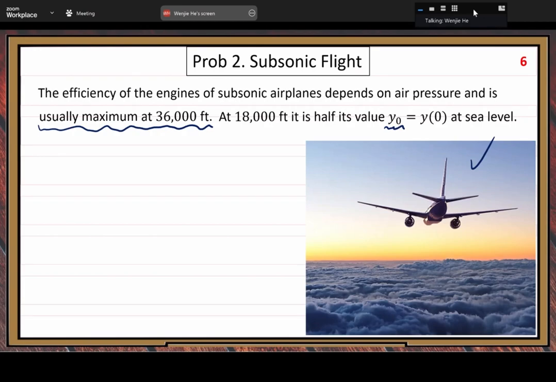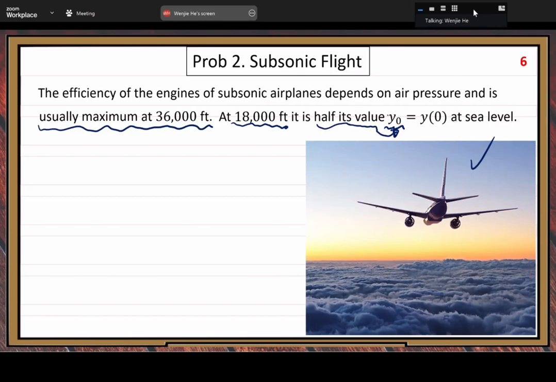We treat it as a known value. But at this height, 18,000 feet, the air pressure at this height is half the y0 value, one half of the y0,